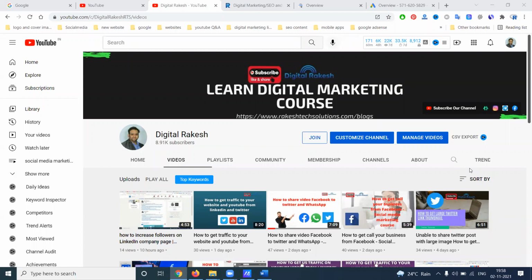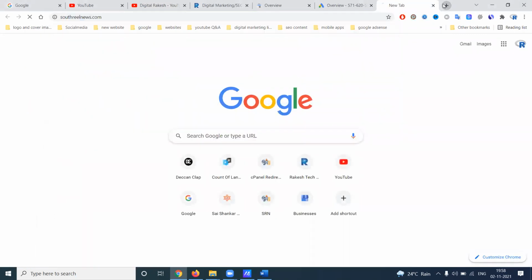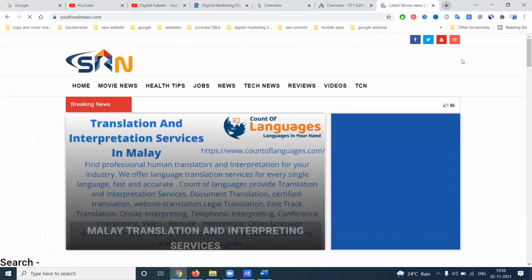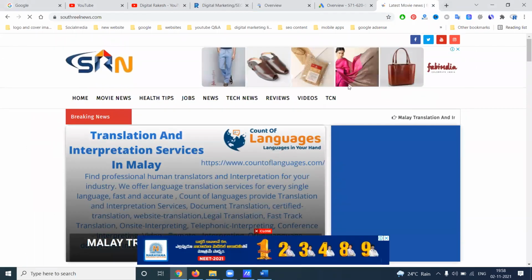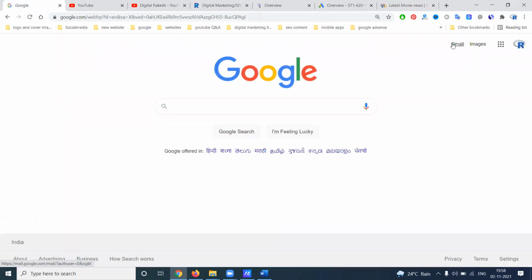So today we discuss the topic of Google AdWords display ads. So what are display ads? If you visit any of the AdSense websites, they will show certain ads. All these ads are dependent on Google AdWords, created as display ads.